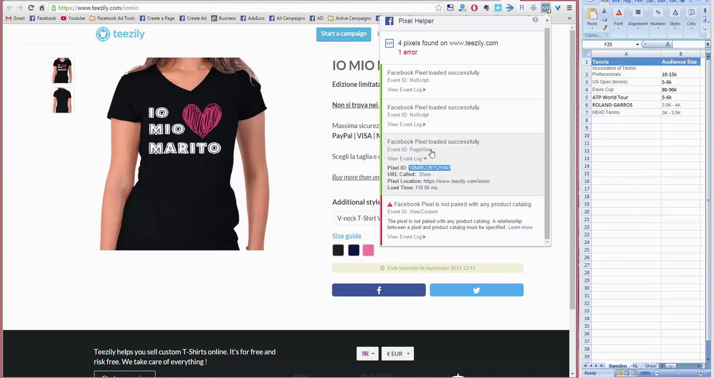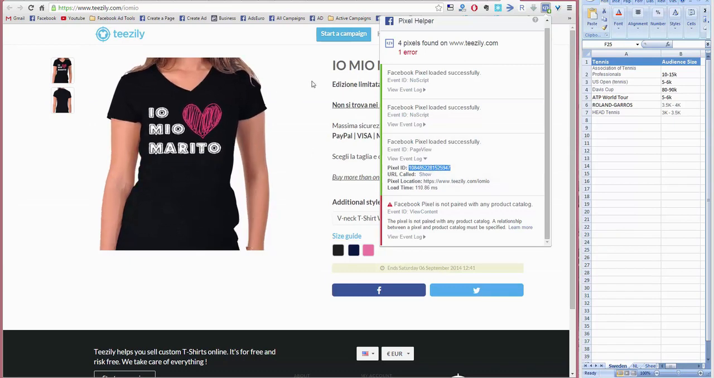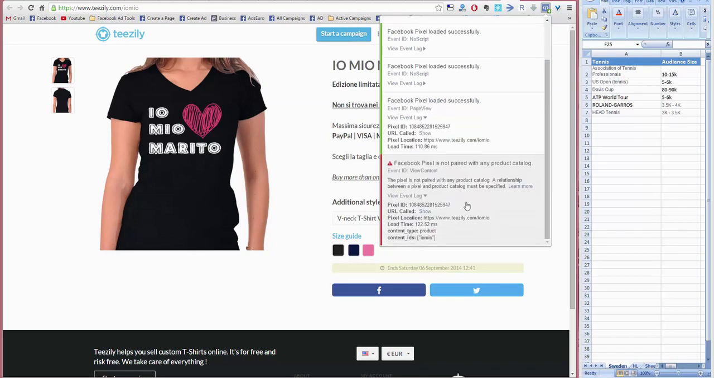You know what page view means? Page view means people saw something on Teasely. It doesn't matter what, if it was your store, you will have a lot of pages. Page view is whatever page view, like home page, contact us page, or whatever. But there is this thing, view content event, and we'll talk about events later, and you will know what event means. So you will go to view content, and view content means that people were on your product page. And if you click here and view event log, you will see that